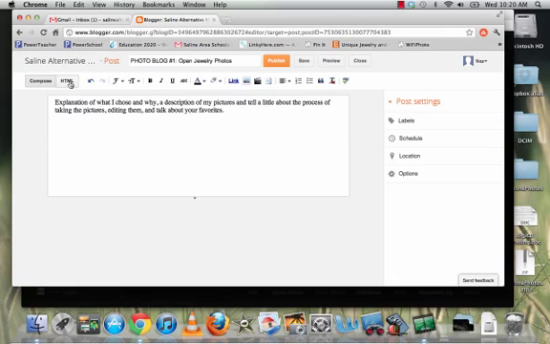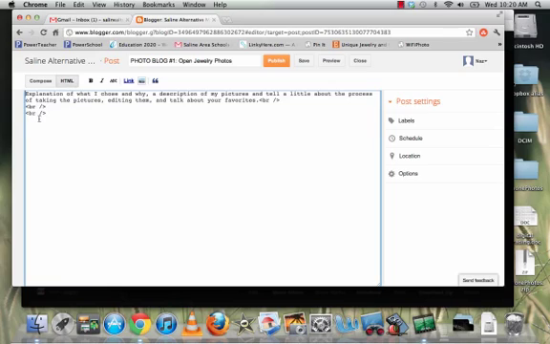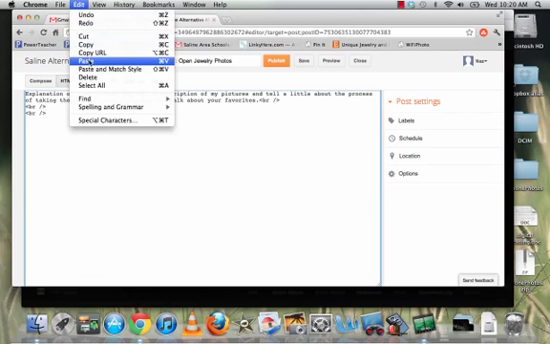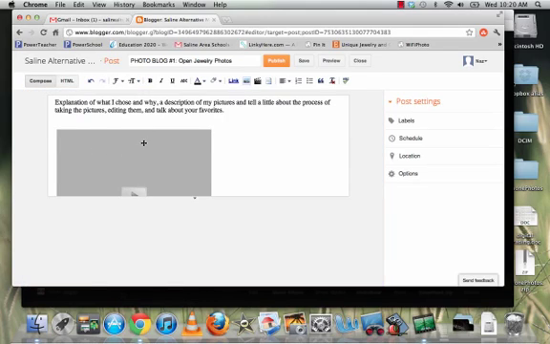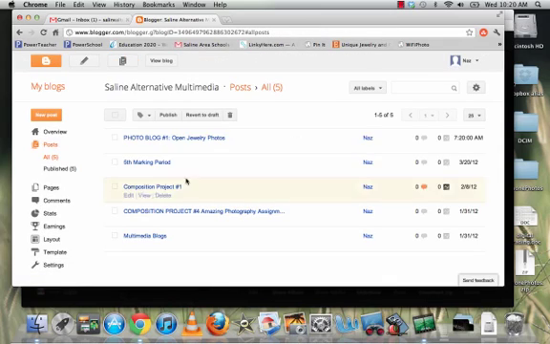So I'm going to click right here where it says HTML. I'm going to go to the end of where the writing is, and I'm just going to edit paste all that code. If you go back to compose, then you can see that your slideshow is embedded, and then you publish it. And then if I go to view blog,